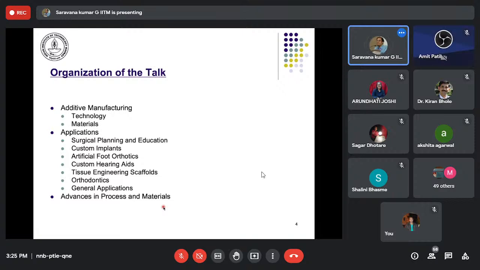So in this talk, as I said, we will talk about additive manufacturing. We'll talk about some of the materials that we are working with. We are researching some new materials like functionally graded hydrogels. I will talk about them, and also a lot of applications that we have done, which had both research as well as development content. Primarily, as you will see in this list, a lot of applications are in the biomedical area.